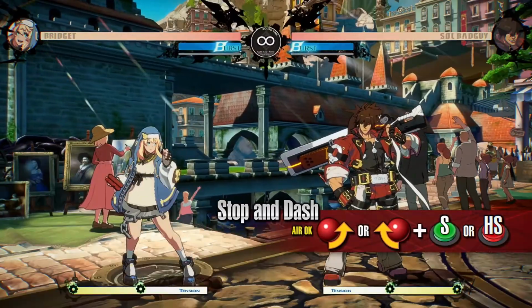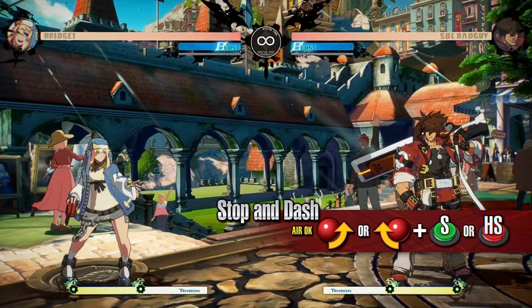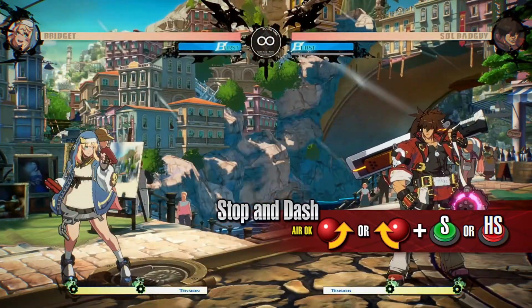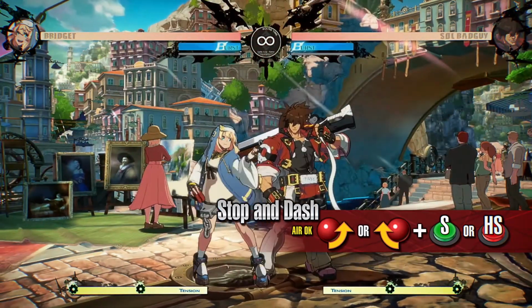Stop and dash. Bridget sends the yo-yo forward. The slash version sends the yo-yo directly in front of Bridget, with the heavy slash version traveling at a diagonal. The yo-yo later returns to Bridget's hand. The timing of the active frames changes, depending on the input used. The quarter circle forward input activates during the yo-yo's forward movement, while the quarter circle backward input activates while the